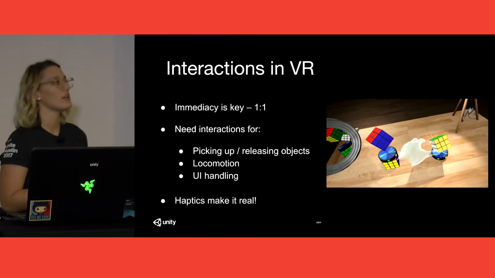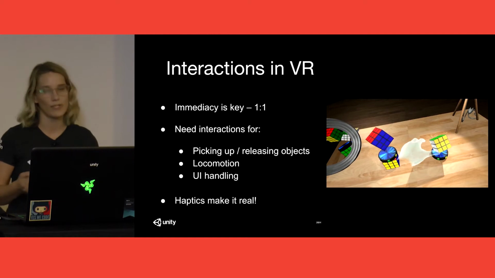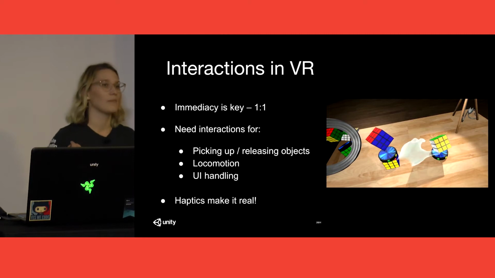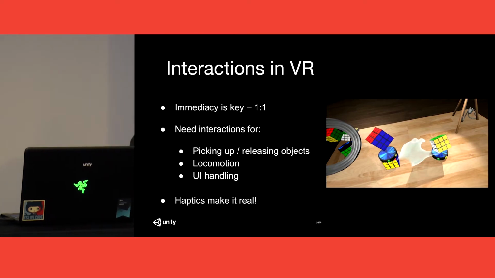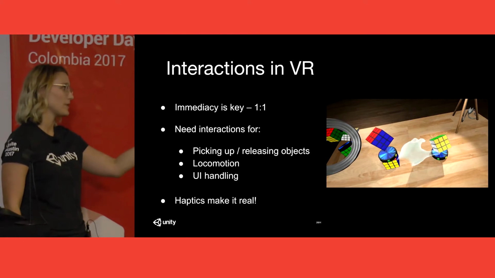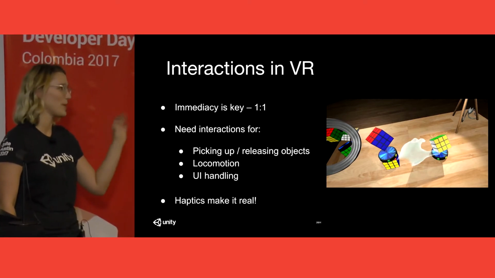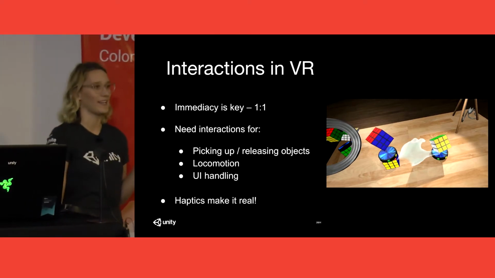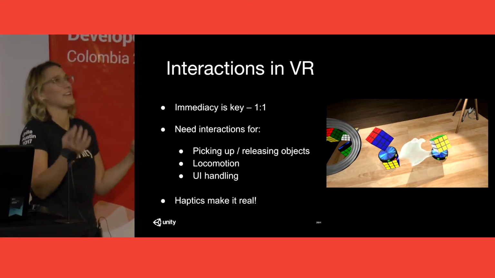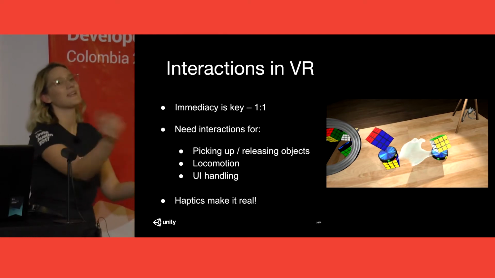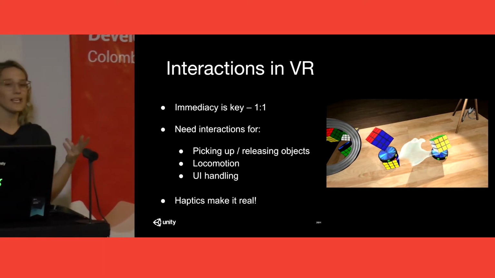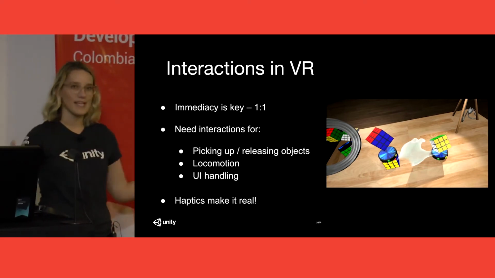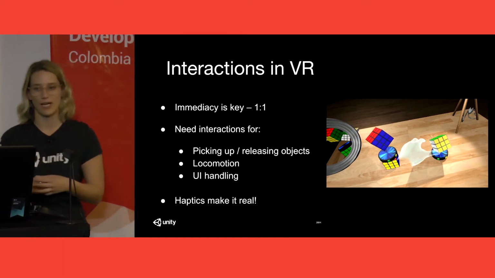All right, so now that we know that we can get our inputs in VR, we want to set up some interactions. And one thing that I want to point out is that most of the time when you have a user that goes into VR, if they see something that they can reach, they are going to want to pick it up, like 99% of the time. And it's so disappointing as a player of a game when you want to do something and you reach and you're like, oh, I can't pick it up. And it just breaks the immersion. So you really need to think about when you're designing your games, everything that's in the user's space that they can reach, they should be able to pick up and interact with.